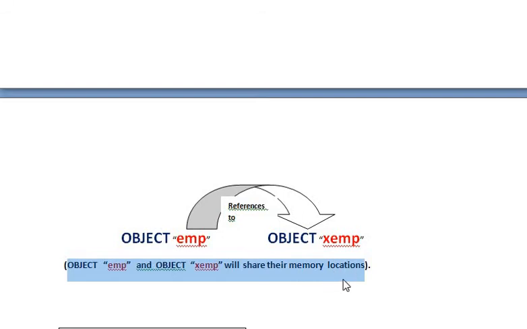Now if we see our living world, a person can have two different names. One can be his real name and the other can be his alias name. Say for example, if there is a person bearing the name John, which is his real name, and then he also has his alias name, which is David,